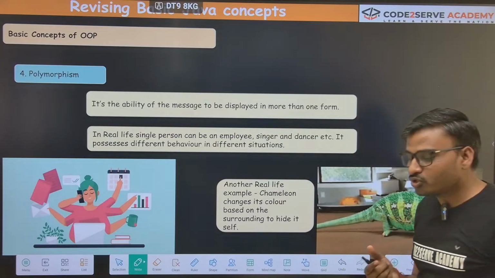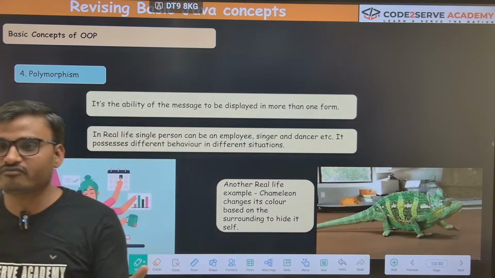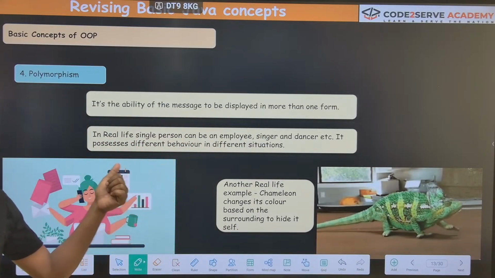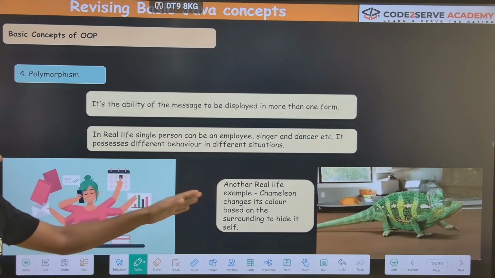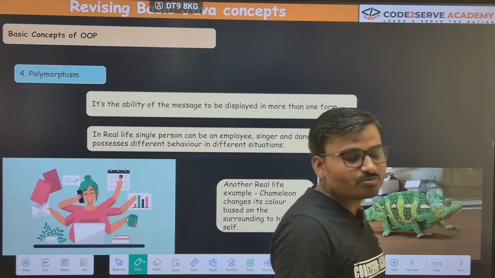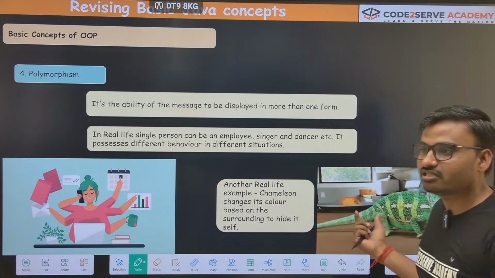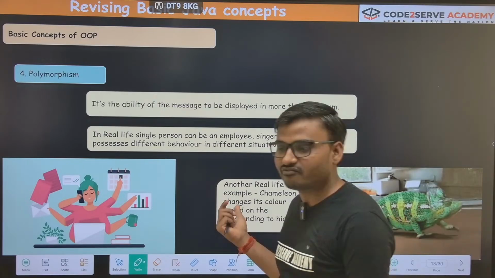Means if I'm able to display the same stuff in two different ways, that basically forms polymorphism. A better example is this chameleon. Okay, what is happening is based on the surrounding. Means whatever your surrounding is, you might have seen in videos, not in the real world.